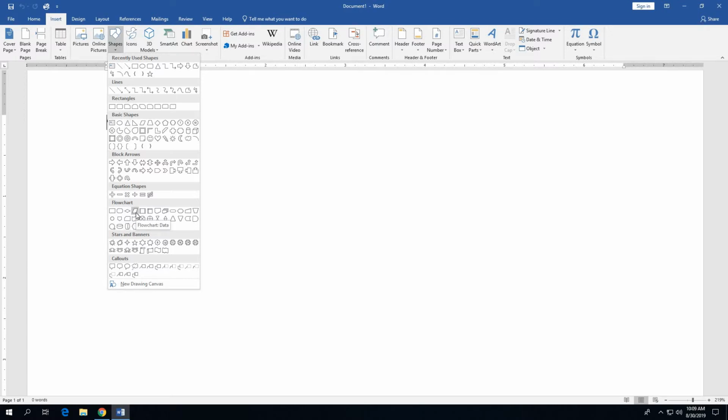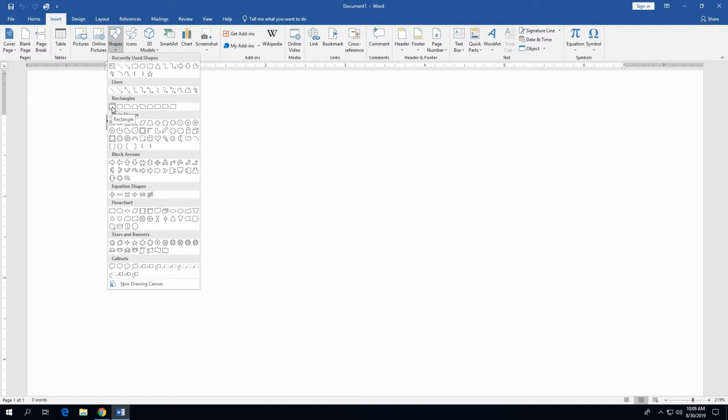The kind of shape that we need to add is a rectangle shape. So we're going to find the rectangle shape, and you'll notice there's a Rectangles category under the Shapes gallery, and the rectangle shape that we need to click on is the very first one under the Rectangles